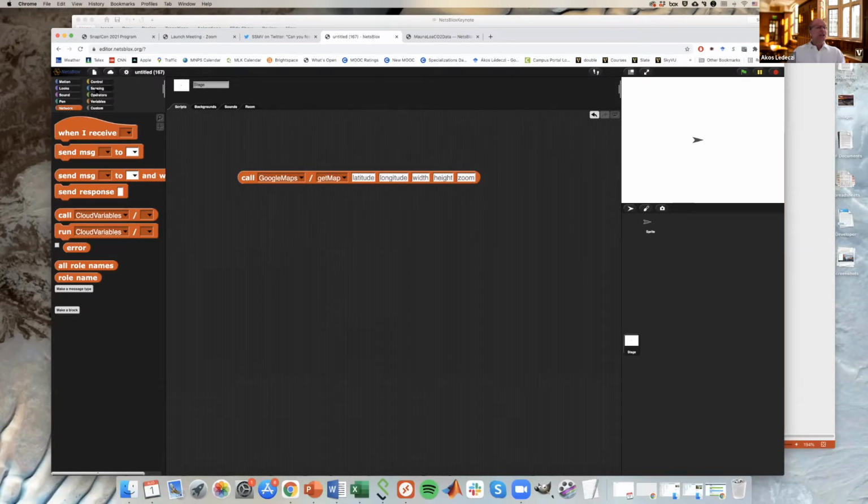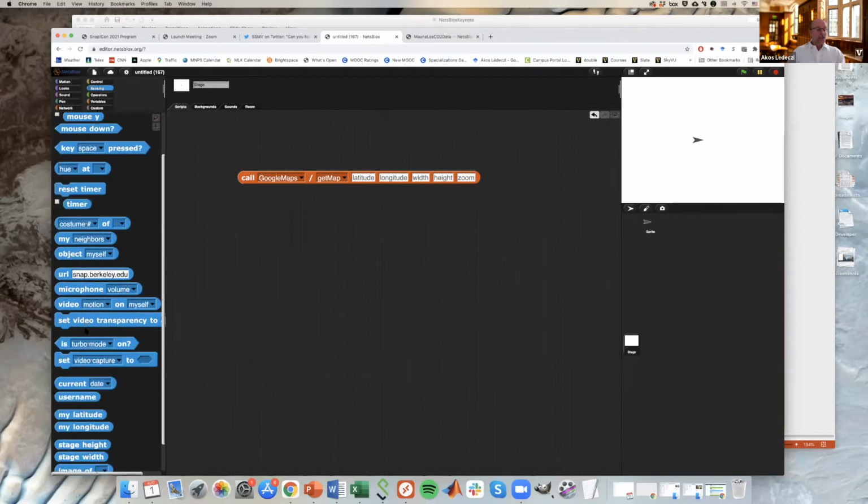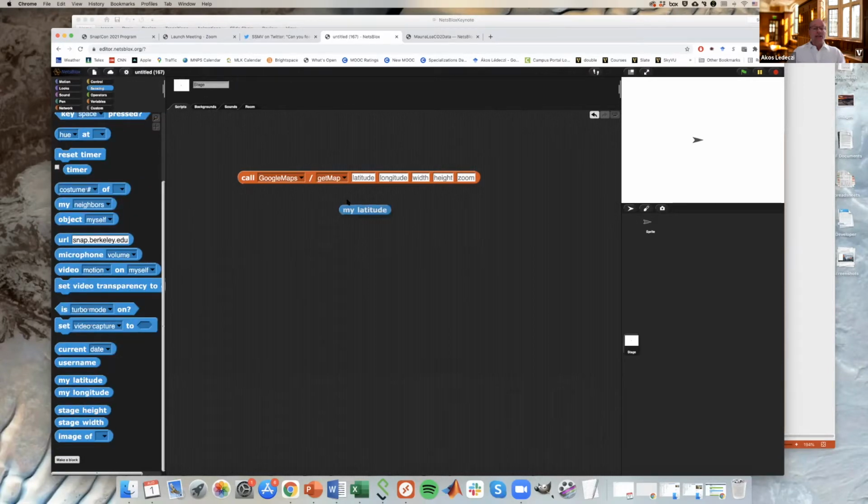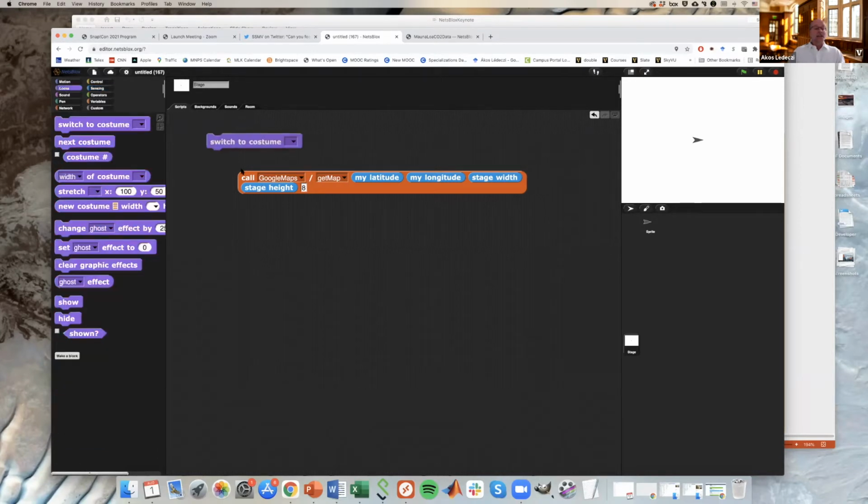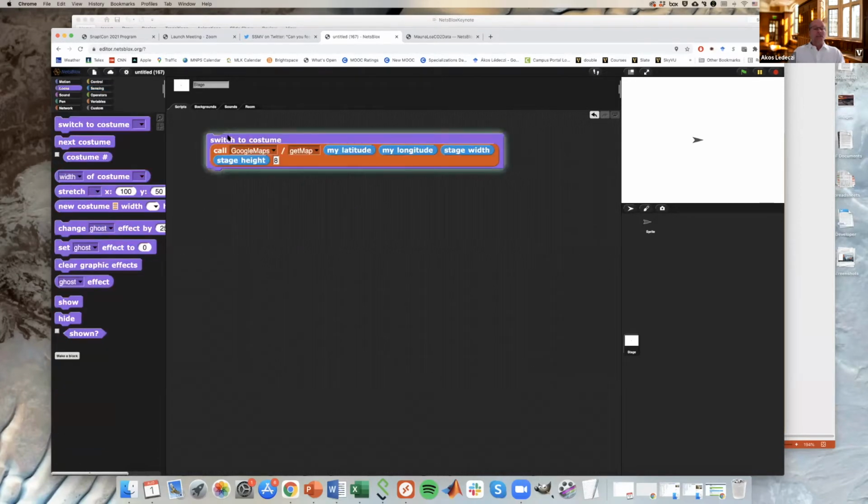Okay, so they are kind of self-explanatory, and I can use my latitude, my longitude, and stage width, stage height. And then the zoom level, as explained in the documentation, is actually a Google thing. It's an integer between 1 and 25. And so I can switch the costume to that.